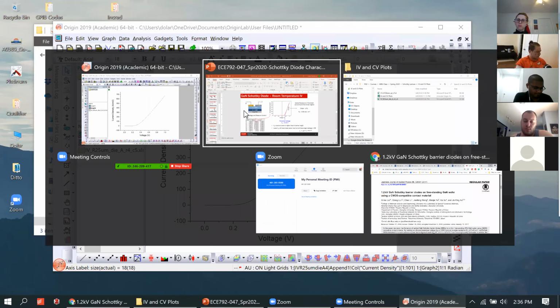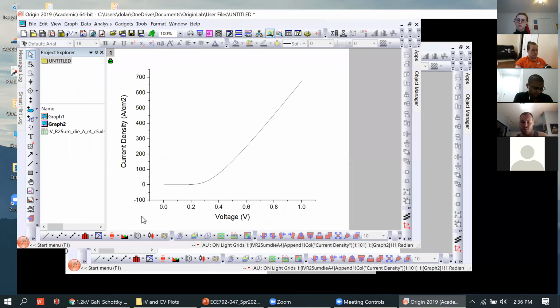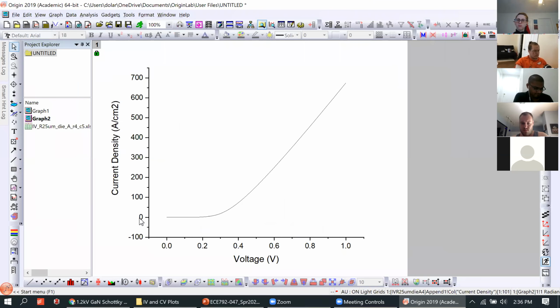Okay, it's not allowing me to change here, but anyway, the point is that here you can start this point from 0, and then from there you can have a straight line, and that will give you the threshold voltage. And then to do a log scale,